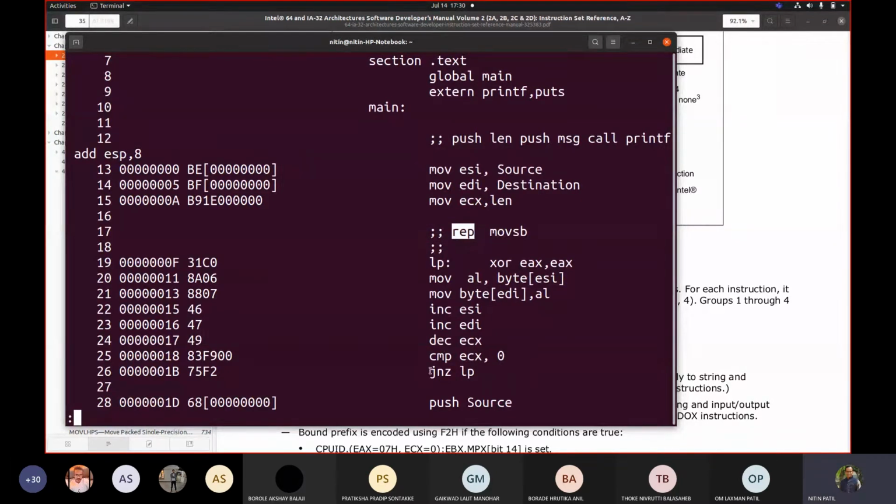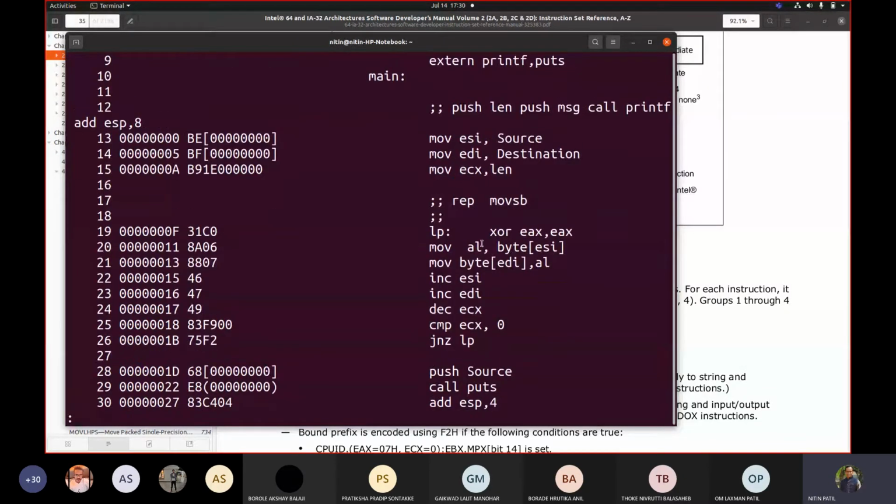I have used a jump. Now, when this code executes, suppose it executed this and reaches here. Then when it finds that this condition is not satisfied, it says jump not zero to label. So this is the label. If you see where exactly it can find that LP, this is backward. So this is called a backward jump. And next would be a forward jump.